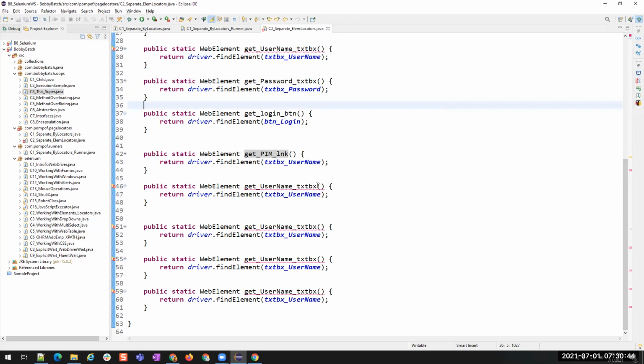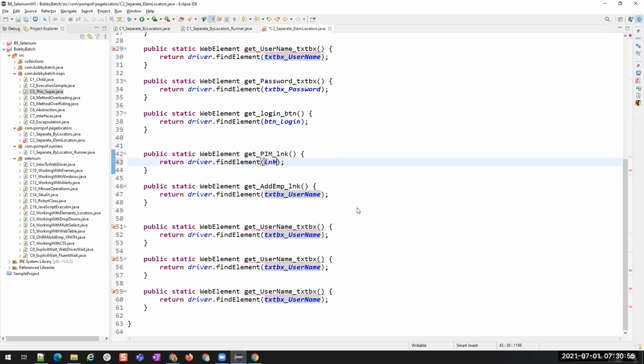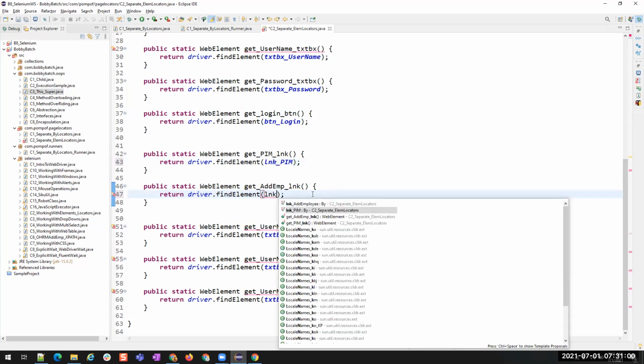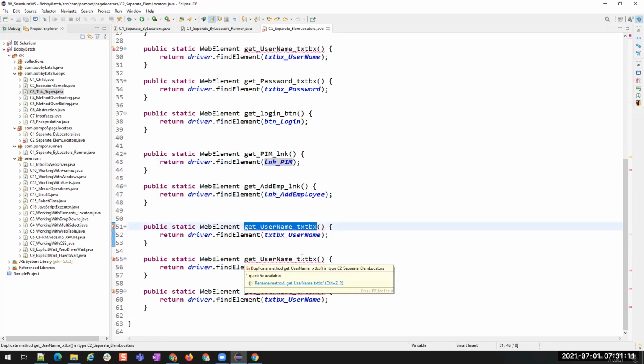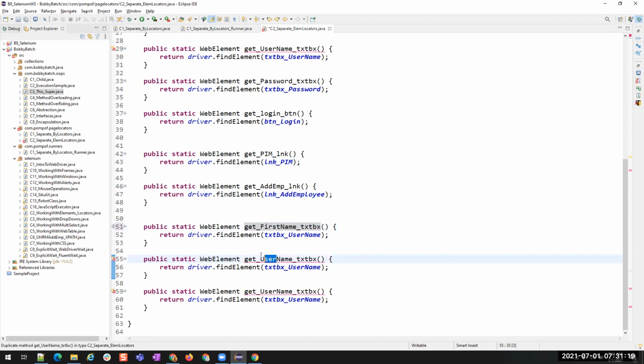Then once we get PIM, I want the add employee link, add employee underscore lnk. Okay, here it is lnk underscore, and then this is again lnk underscore add. So this makes my life easy, right? I can search with the same element type. Okay, then here first name text box, this will be my first name, and this will be the last name.